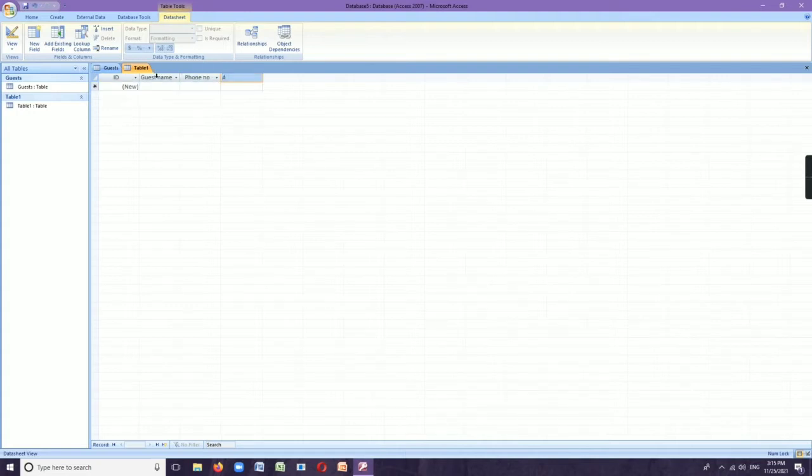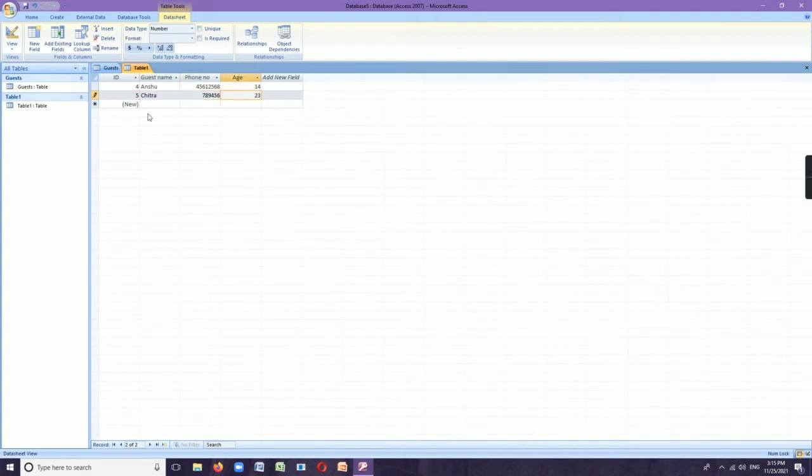Here one thing we have to keep in mind. A table relationship works by matching the data in key field, that is with the same name in both tables. Here in these two tables, guest name is the common field name for both tables. So at least one field name should be matching in both tables. Usually these matching fields are known as primary key, which uniquely identifies each record in a table, and a foreign key in the other table.